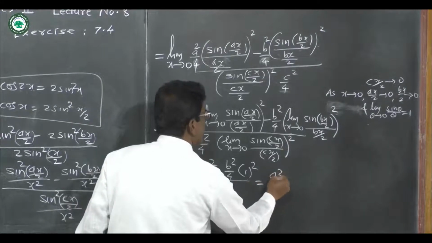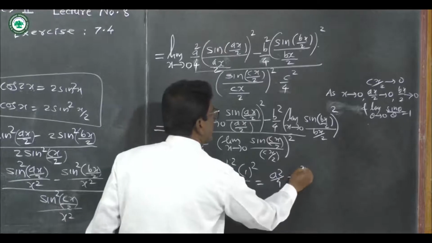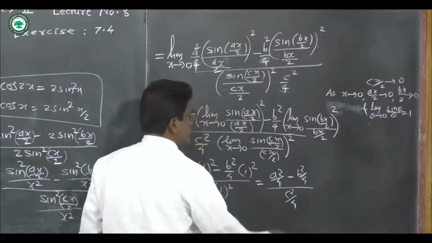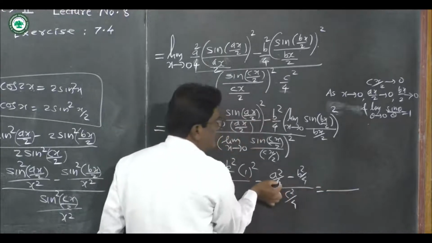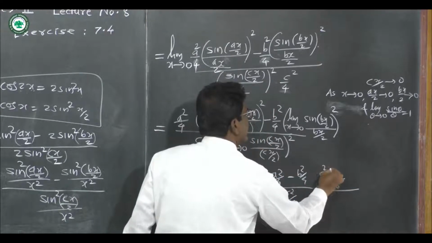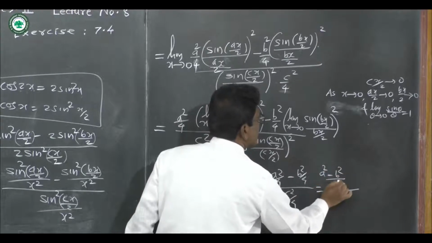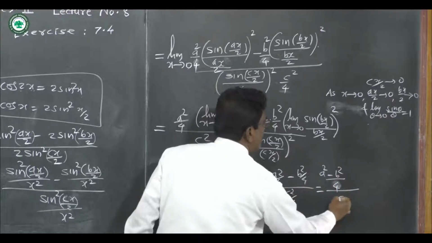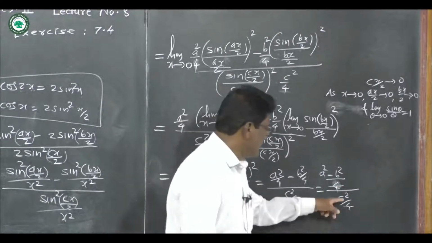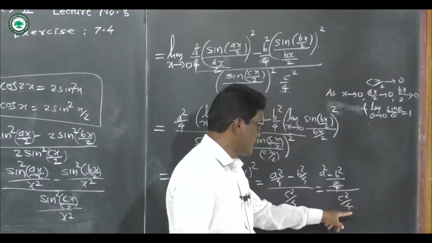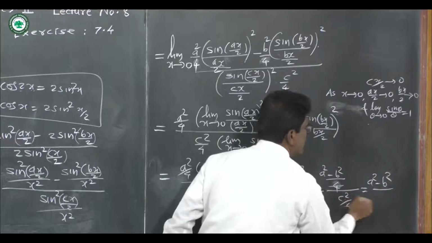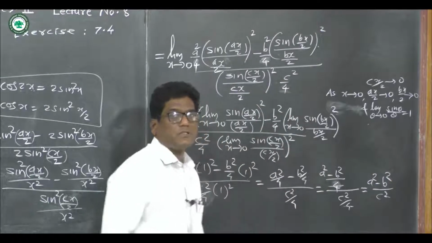So it is a square upon 4 minus here b square upon 4 and divided by here c square upon 4. Now it is equal to, in the numerator here denominator 4, here denominator 4, so we take here 4, and in numerator we take a square minus b square upon this 4, okay, and divided by c square upon 4. This 4 and 4 get cancelled to each other. We may write this in terms of multiplication, 4 upon c square. So we get here a square minus b square upon this c square. This is the solution for this problem.